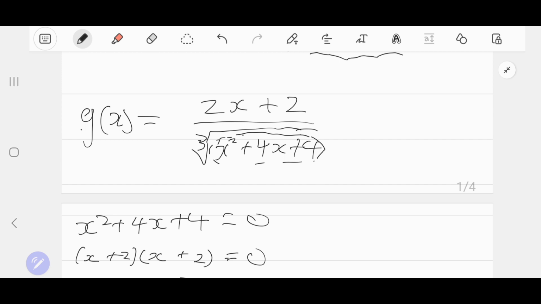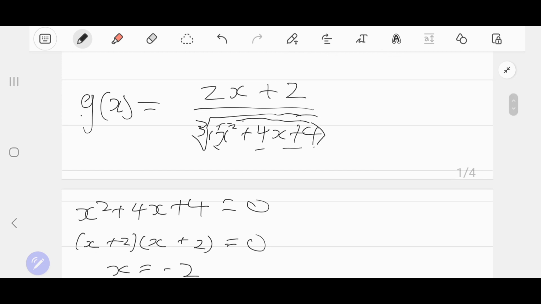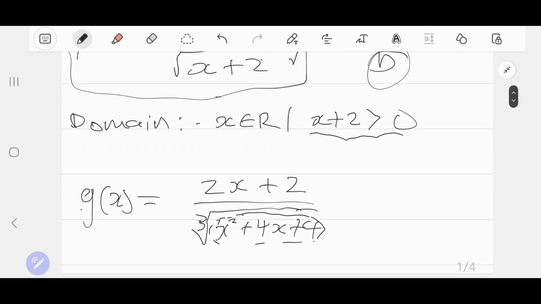So I hope you enjoyed this case. I've shown you the example. So let's go to the second